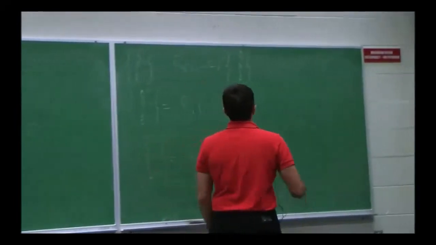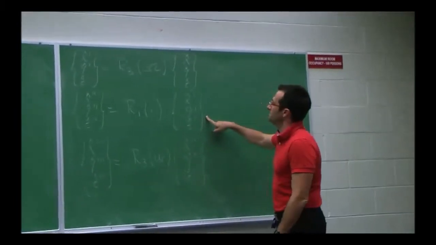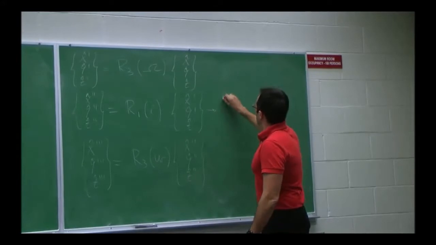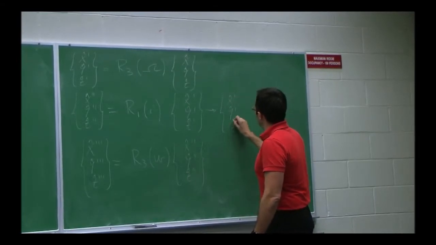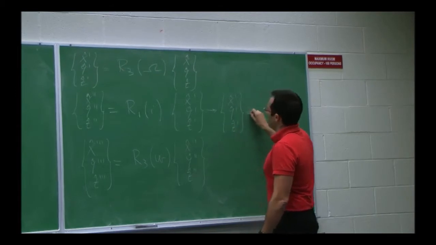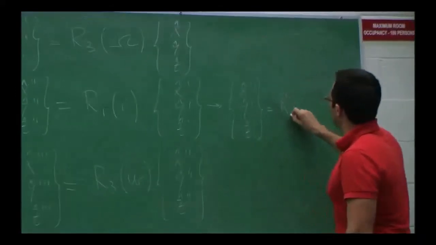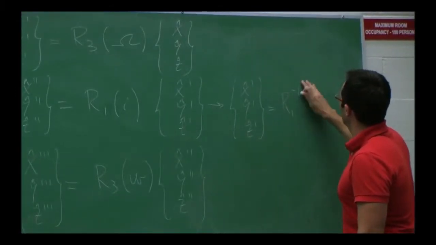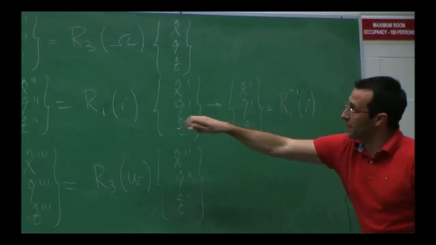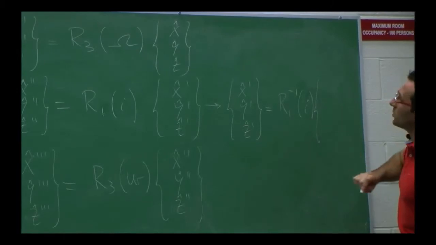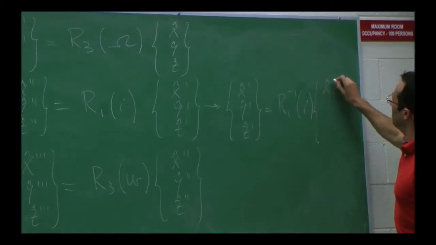Well, it's right here. I can say that x prime, y prime, z prime is R1 inverse of I, the inverse of that matrix, which we expressed last time, probably,